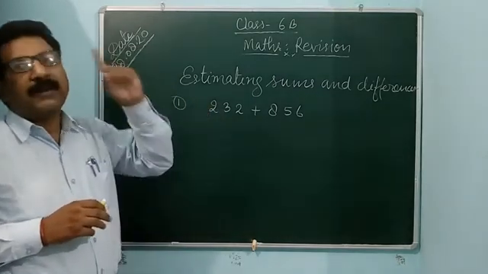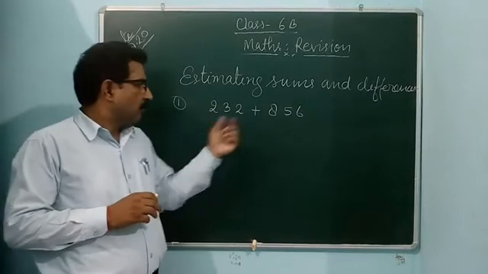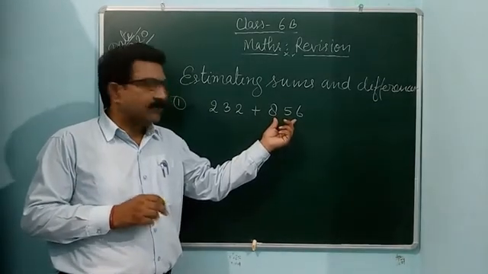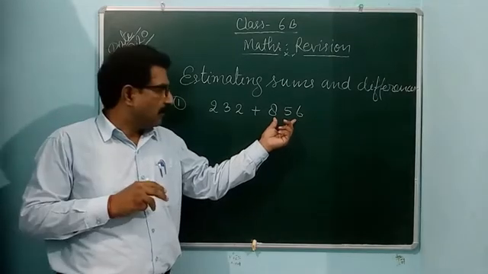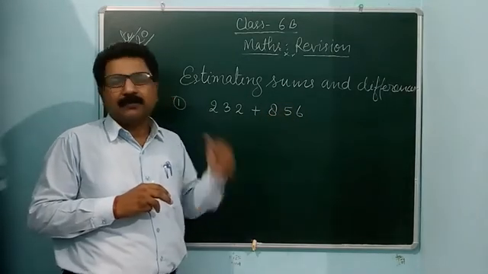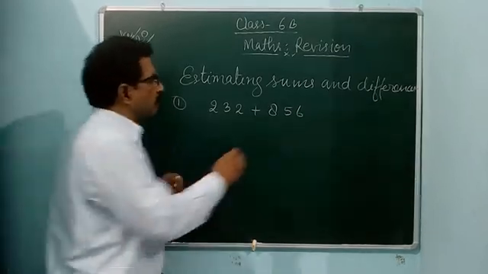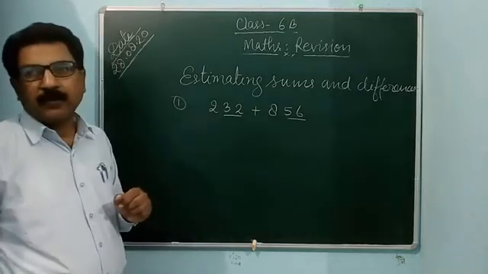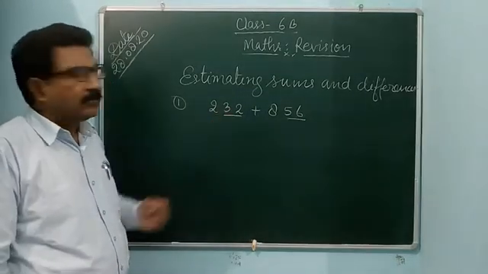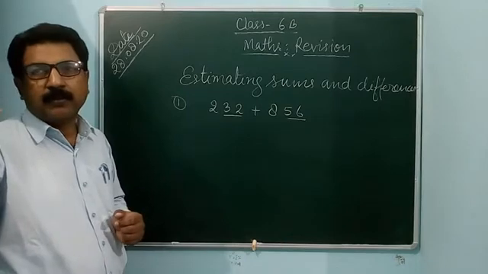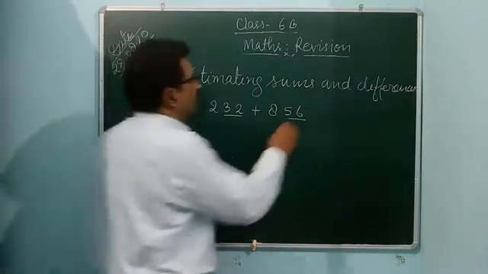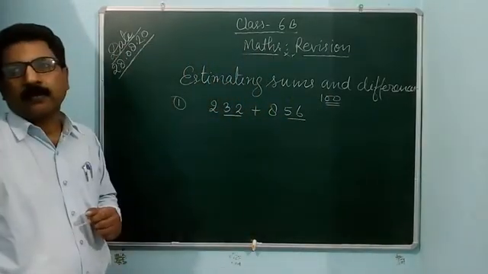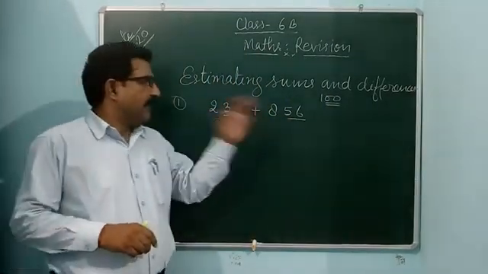You take one less. Suppose the number is made of 3 digits, as in 856: 8, 5 and 6. So you take only 2 digits. Here also take only 2 digits. 2 digits means 2 zeros, as in 100. In 100, how many zeros? 2 zeros. So always you take one less.